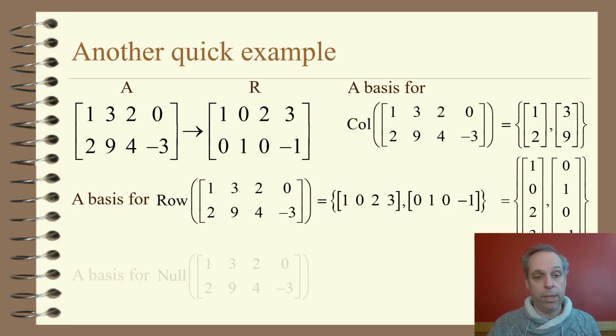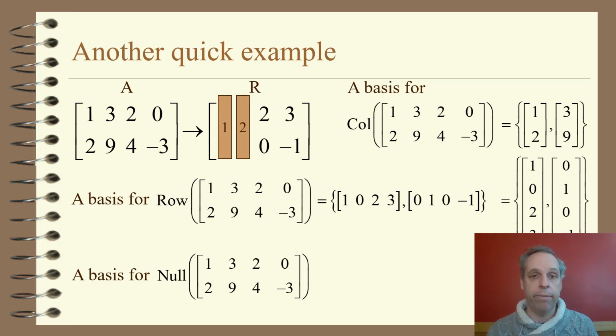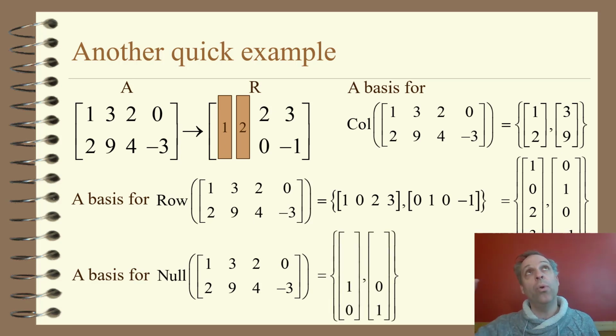The last one would then be, what's the basis for the null space? Okay, so look at the reduced row echelon form, wipe out the columns that have your leading entries, and then mark down the column they're in. So those two columns are the first and second. Notice then that means that the other rows, that's the third and the fourth, they have the identity matrix. So I write down two vectors, one for each free variable I would have had, and then I put down the identity matrix inside of it. And then